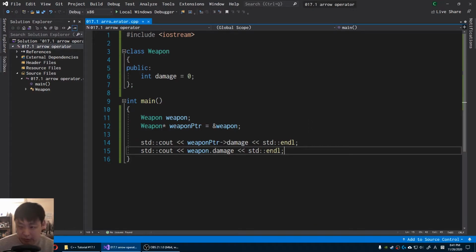The only difference is that here we're getting to the variable inside a class. In this case, we're getting to the variable inside a class through a pointer. So don't worry too much about the syntax. If you're coming from Unity, C#, where almost everything is a reference and you just use the dot everywhere, that's easy, but it also comes with a lot of overhead. In this case, we know that for C++, there's an address, and we use that address to get to a